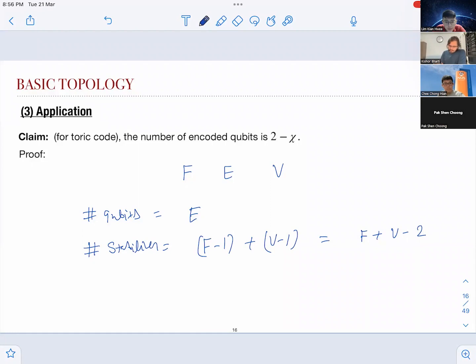this quantity for the toric code, we know that the number of encoded logical qubits for the toric code is nothing but E, the total number of qubits, minus F plus V minus 2. So the total number of qubits minus the total number of independent stabilizers. And when you do that, you get 2 minus